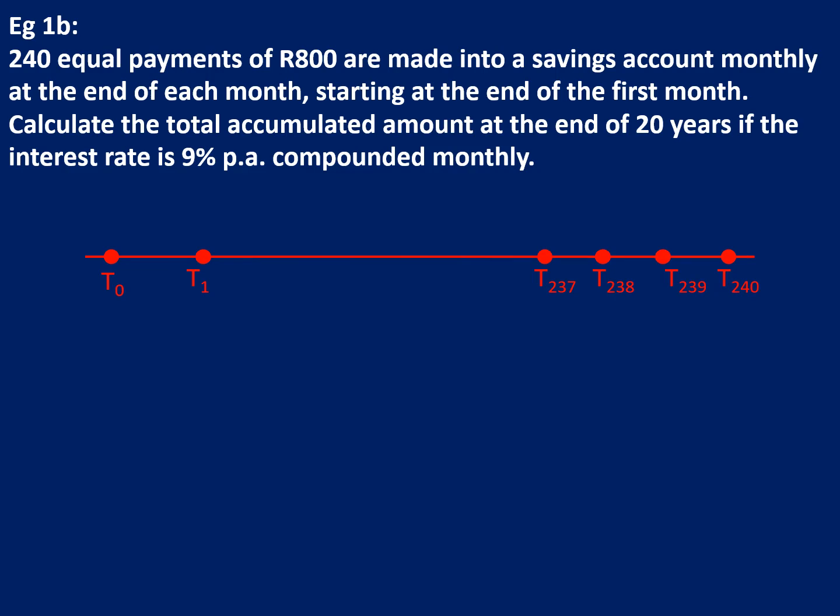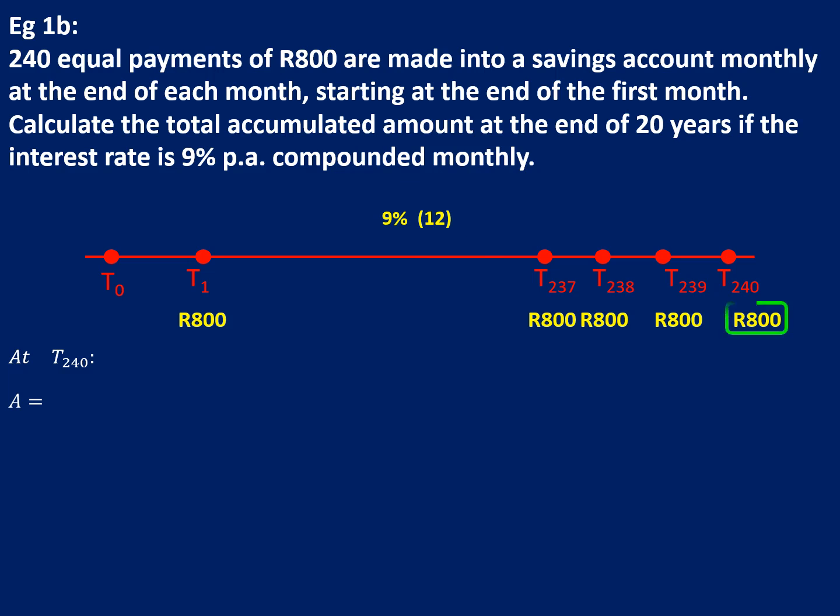So again, let's look at it on a timeline just to see when these payments are happening. If I'm making the payments at the end of the month, I'm making my first payment at the end of the first month, not at the beginning. And then I'll make a payment every single month until the end of the 240th month. And now if I look at it from the back,